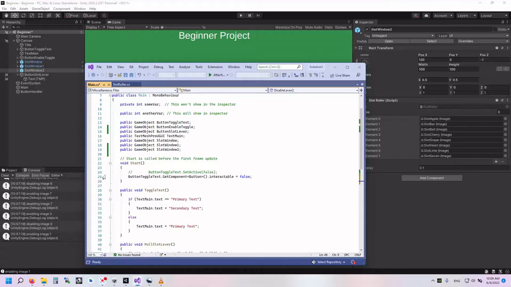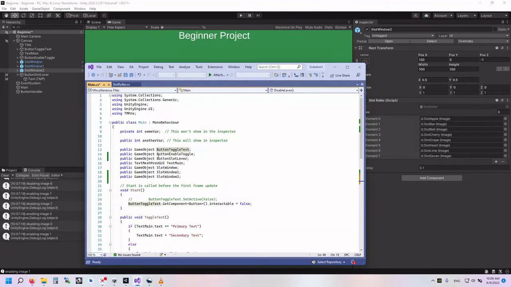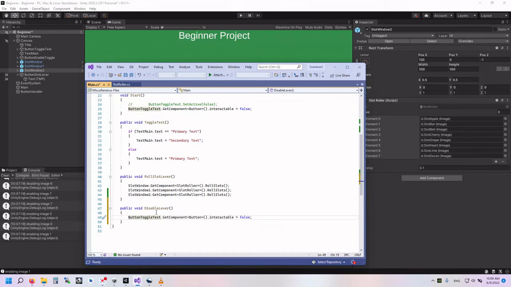And I'll just go ahead and copy this and change the name slightly to make it work. Control C, Control V. There it is. But instead of button toggle text, it is button slot lever. Okay. So we let main deal with the UI like that, rather than dealing with it